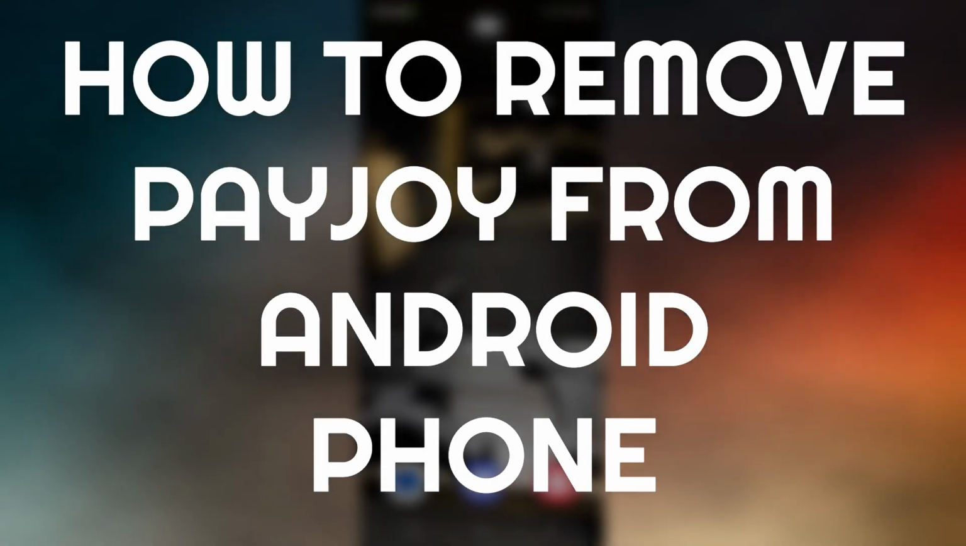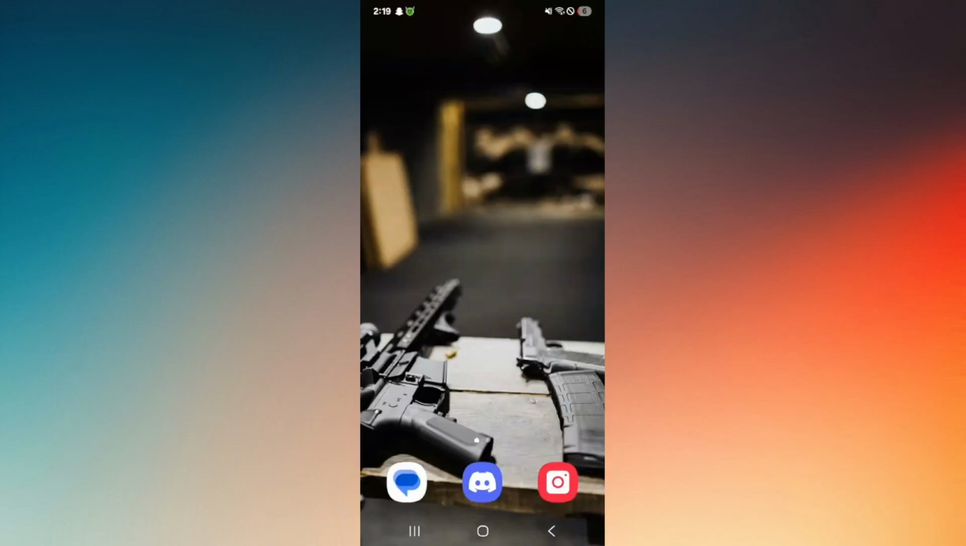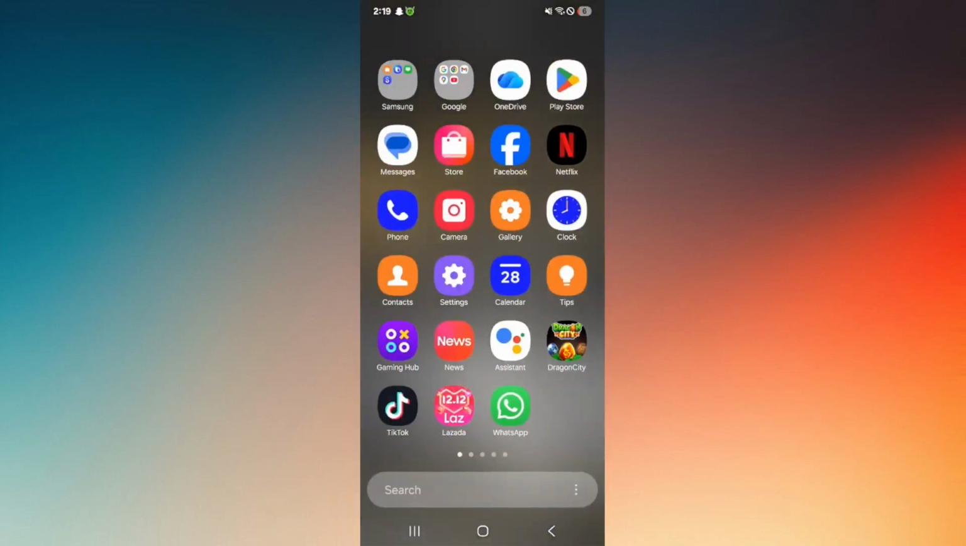How to remove PayJoy from Android phone. Now, before we go ahead and proceed on the specific method and how you will do this, first things first, PayJoy is actually a specific application that is used to manage a smartphone finance plan that allows users to buy